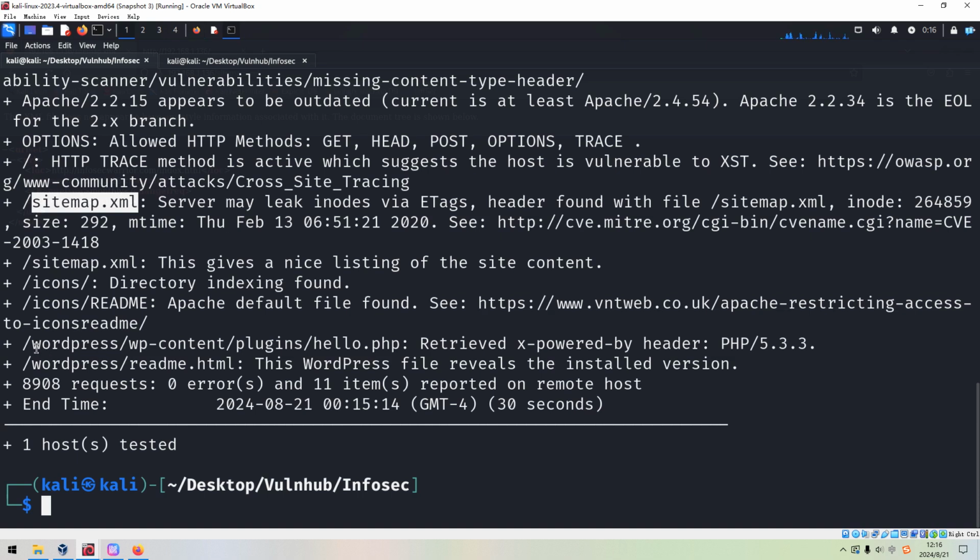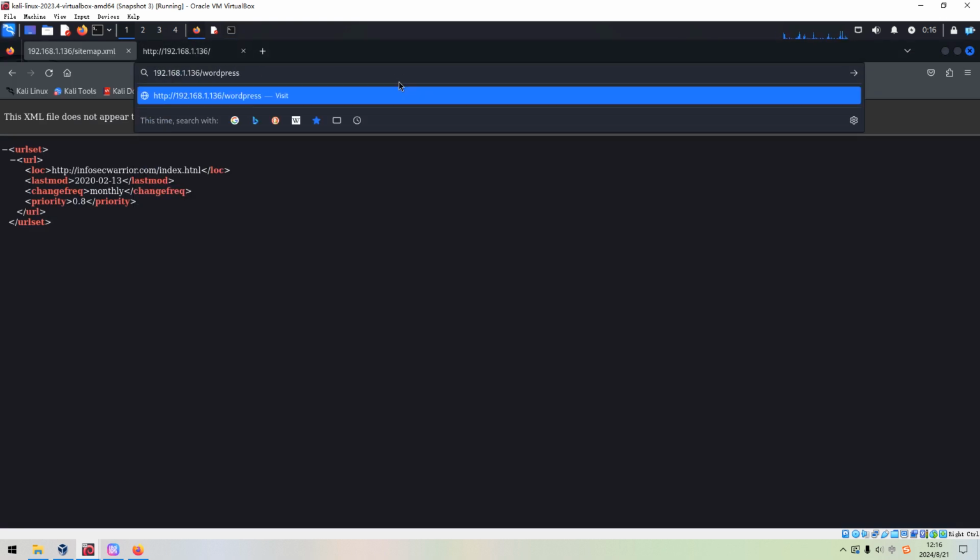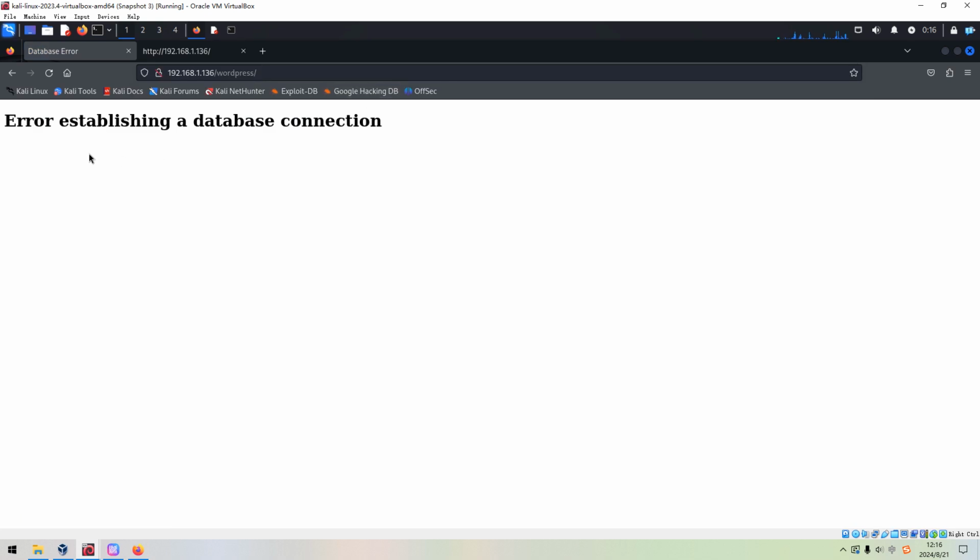It also found the WordPress directory, and of course we need to take a look at this directory. Press enter. However, we got an error: error establishing a database connection. It means that this machine is not properly configured or developed.